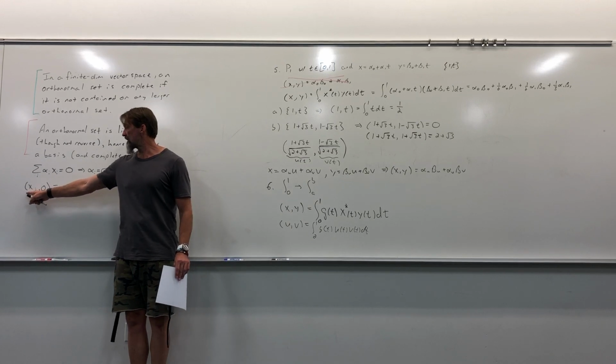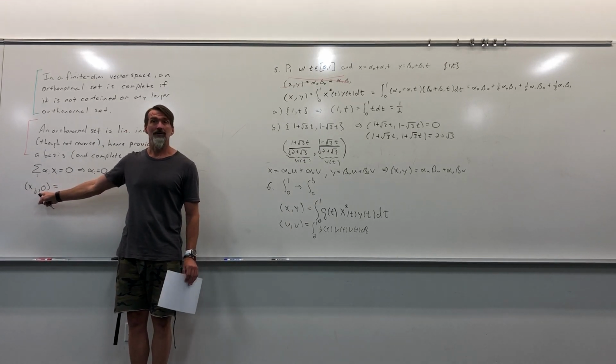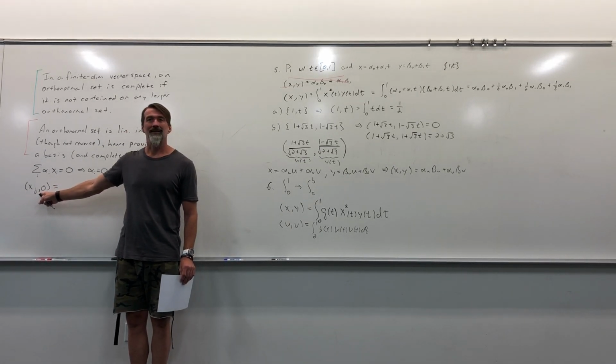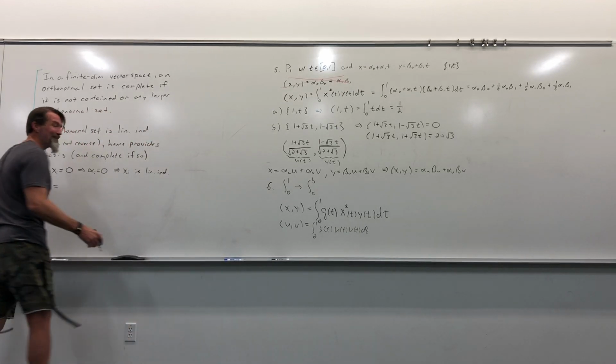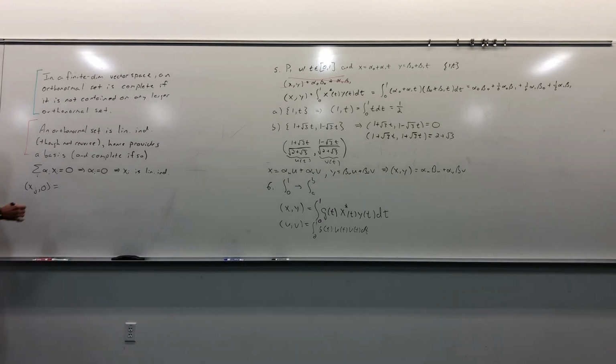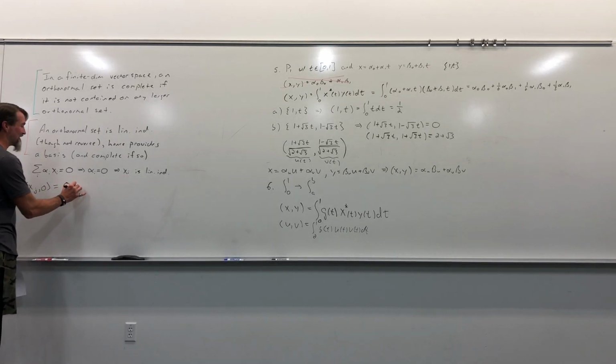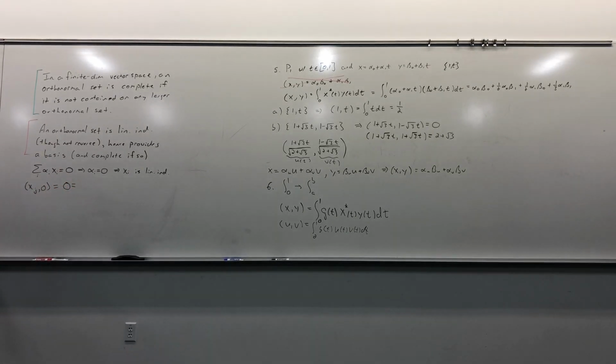If I take the inner product of a basis vector with 0, what do I get? That should be 0. 0, exactly. I'm only asking the easy questions for you guys. Hopefully, if I have a hard one, I'll prep you for it. Okay, now,